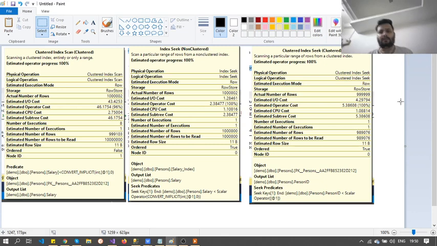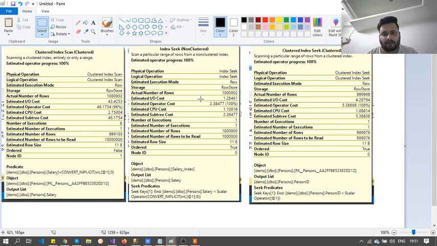If you see there, 9,89,000 rows have been read and 9,89,000 rows have been output, right? Even the rows output are 9,99,999.